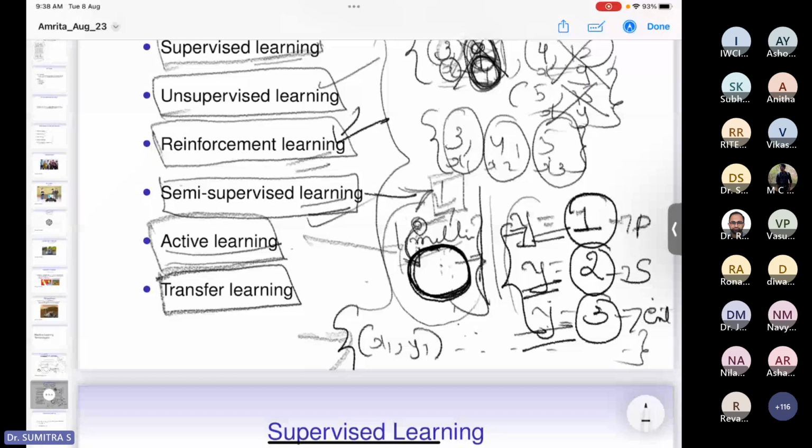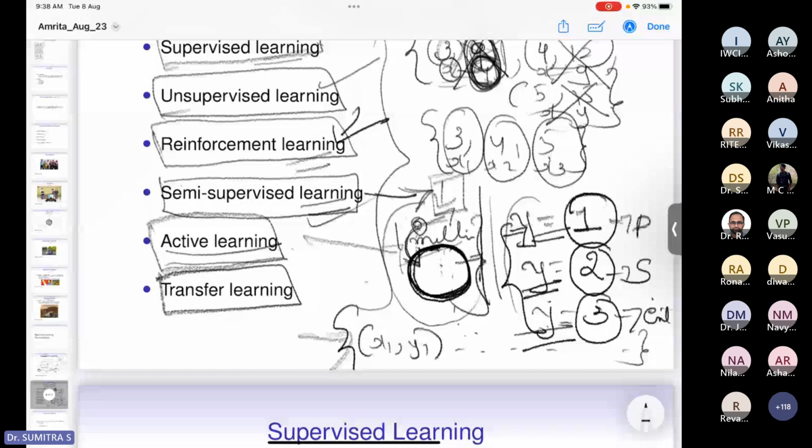Next is transfer learning. If you look at ourselves, if you know one language, it may be easy to learn another language. For example, if you know Hindi, it may be easy to learn Urdu. Or if we know one programming language, for example C++, it may be easy to learn some other language, for example Java. In the same way,